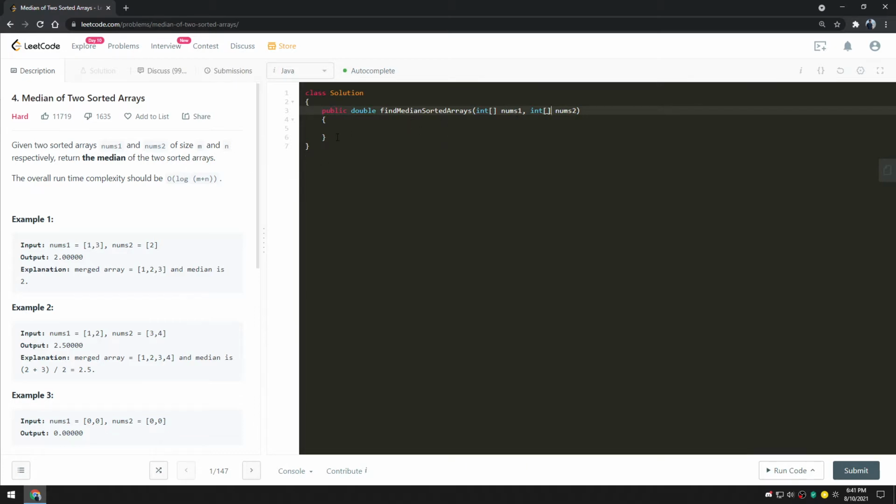So before I even touch this function here, I'm going to create a new function. And this new function is going to return some array, int array, and it's going to be our merged array. So I'm going to call this merge sort, and it's going to take in two int arrays, array1 and array2. So this function is going to take in two arrays and it's going to return a single